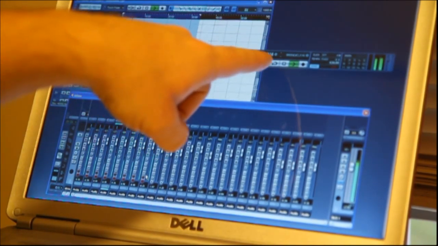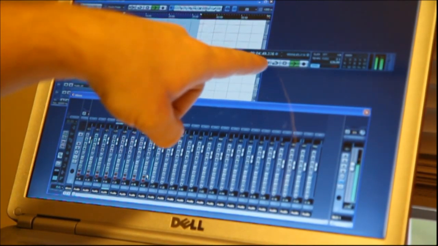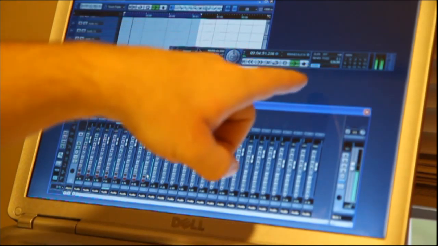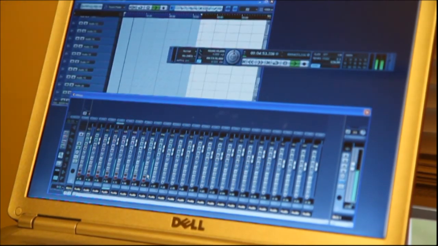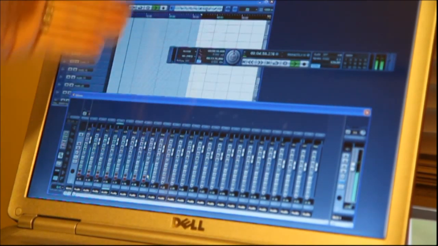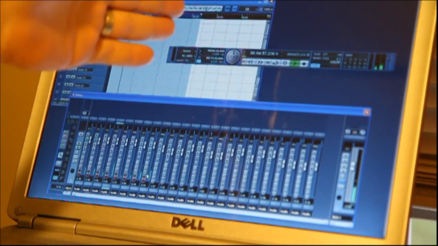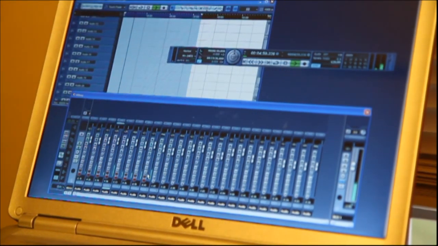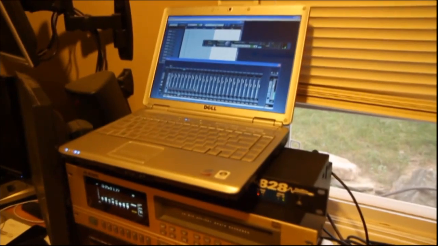The time code also follows along to the ADAT because it's in sync. It says right here sync lock. So once you have sync lock, your cursor will follow along on the timeline wherever the tape is. Now if I zoom out, you'll see this. If I hit